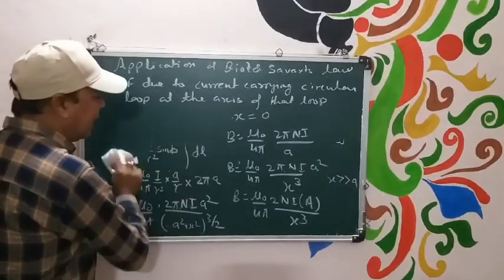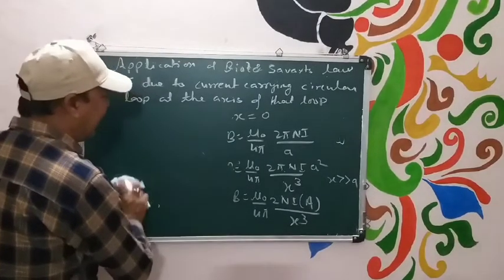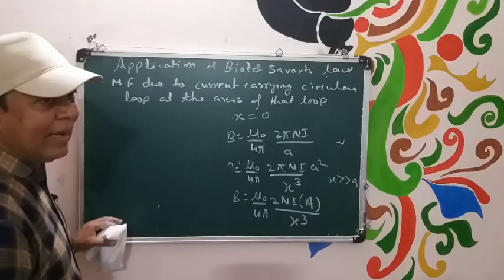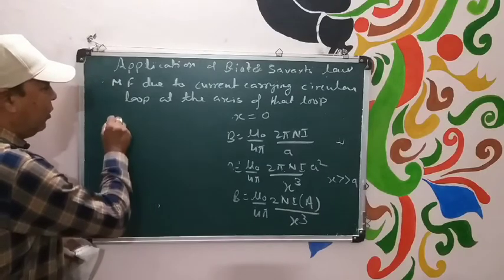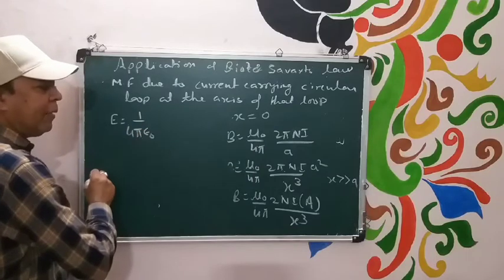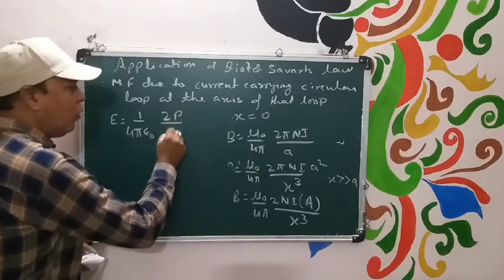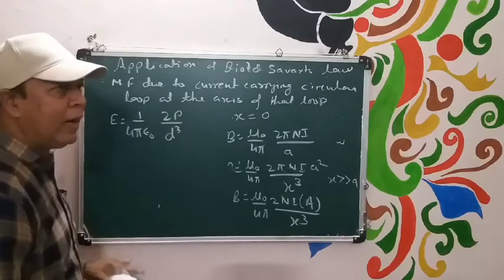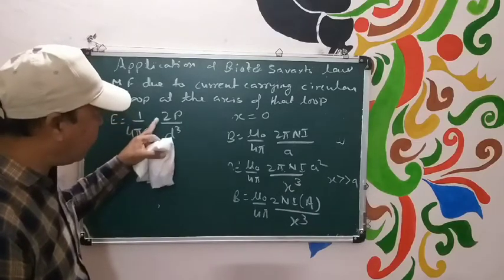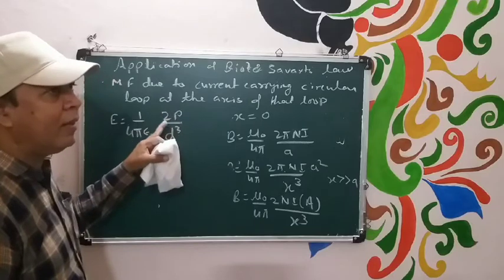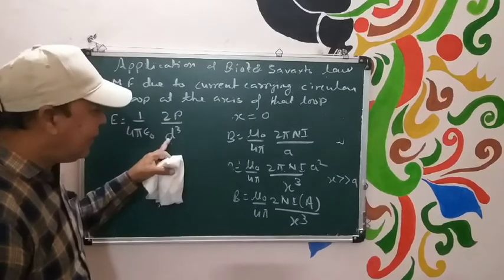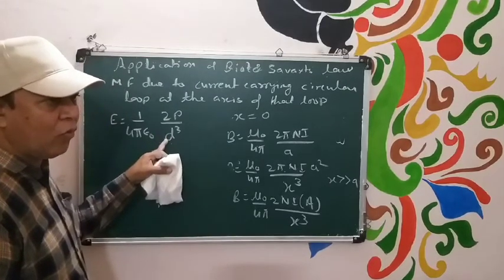एक केस आपको याद आ रहा होगा, इन फर्स्ट यूनिट आपने पढ़ा हुआ है. मैग्नेटिक फील्ड इलेक्ट्रिक फील्ड एट द एक्सिस ऑफ एनी इलेक्ट्रिक डाइपोल. याद है? E इक्वल टू स्मॉल डाइपोल के लिए याद करो 1 अपॉन 4 पाई एप्सिलॉन नॉट 2p by d cube. D is the location of the point from the center of the dipole. है याद है? E is equal to 1 upon 4 pi epsilon naught 2p by d cube. P is electric moment of the dipole. This is dipole moment. D is the location of point, that is distance from center.